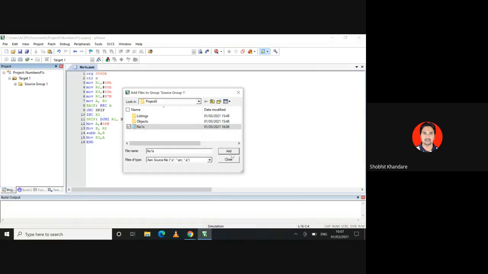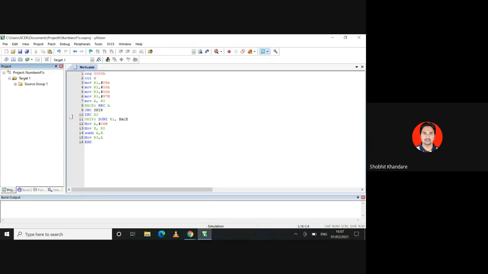After adding, the window will not close by itself, you have to close it. If you expand this, you will see the number of ones .asm file has been attached. Now the second thing is to translate, build and rebuild, for the linking program and executable file, and if some error is there, it can be seen here.